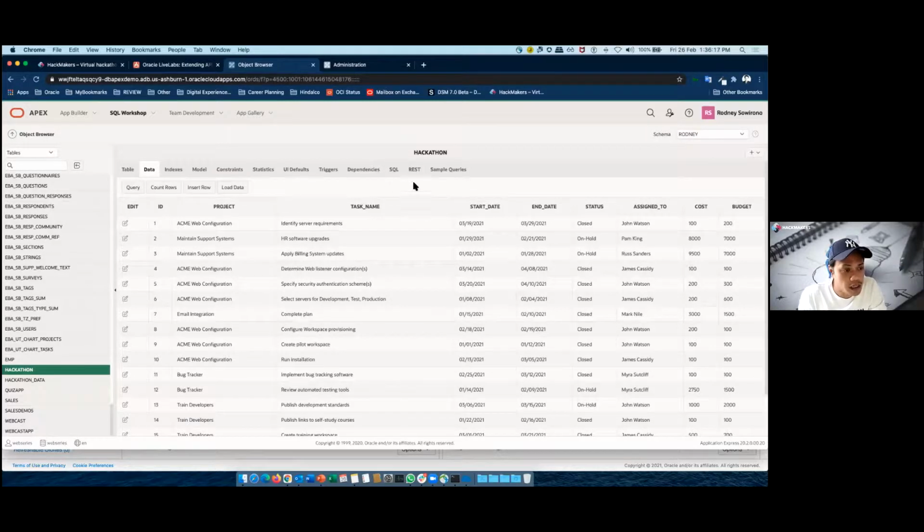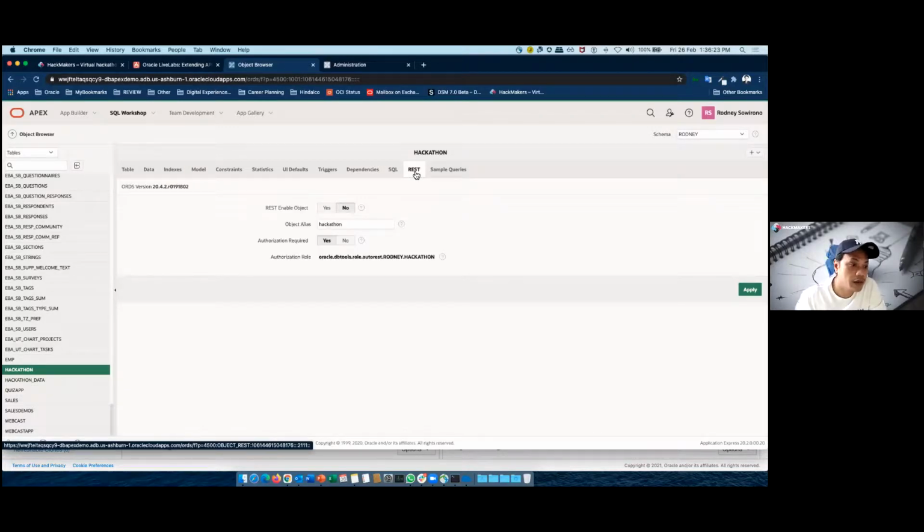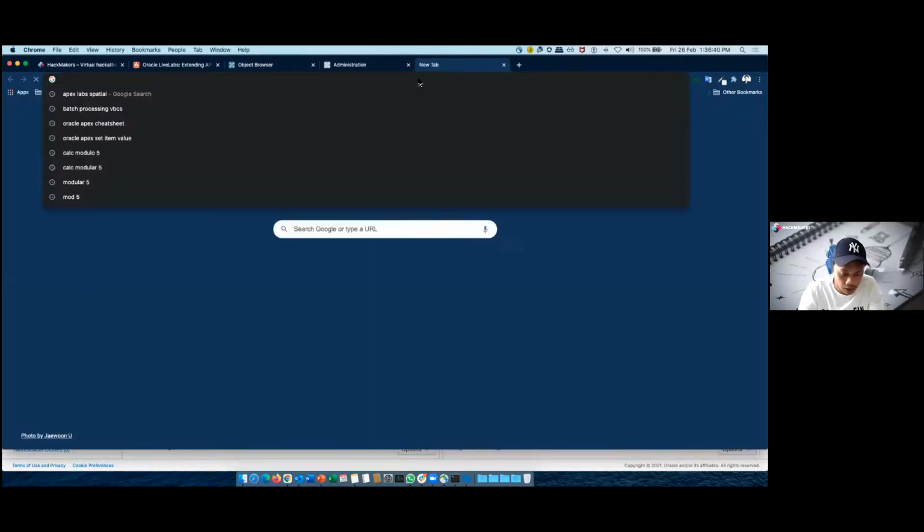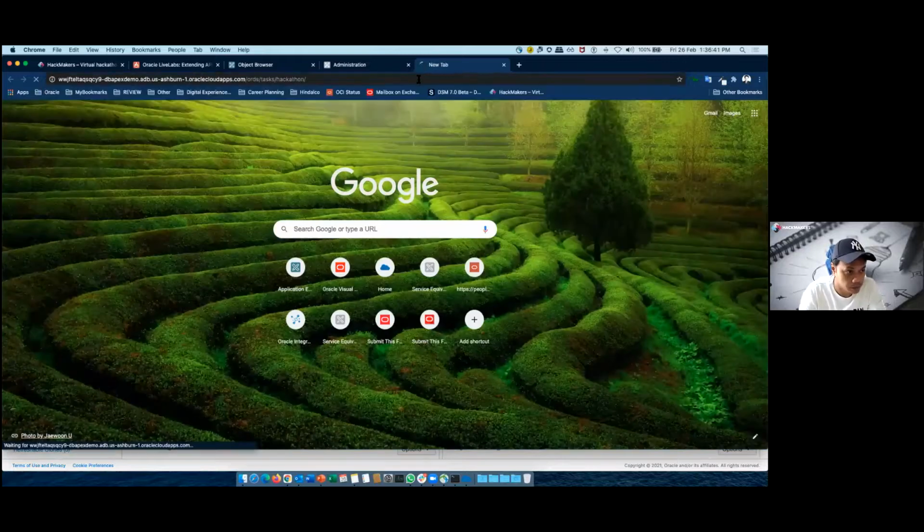Now, what I would like to do is to enable this data to be accessed through REST, right? So what I do here is I'm going to go to REST. I click on yes. In my case, I will just disable authorization, so it is easy to demonstrate. I click on apply. So what I've done now is enable my data so it is accessible through a REST